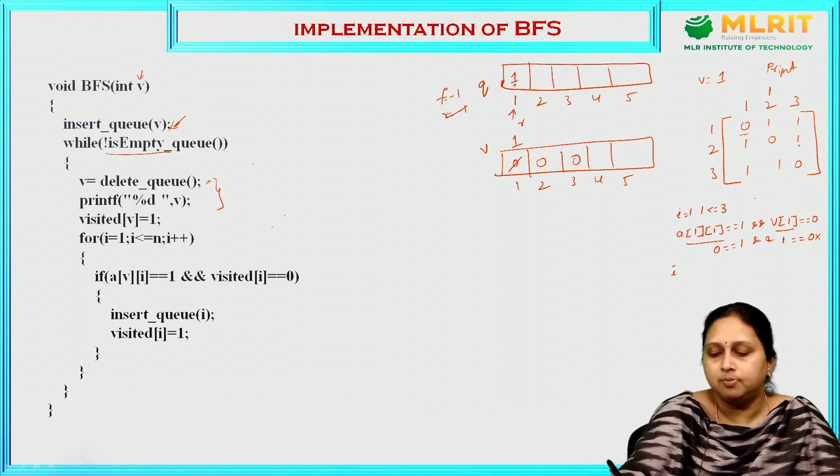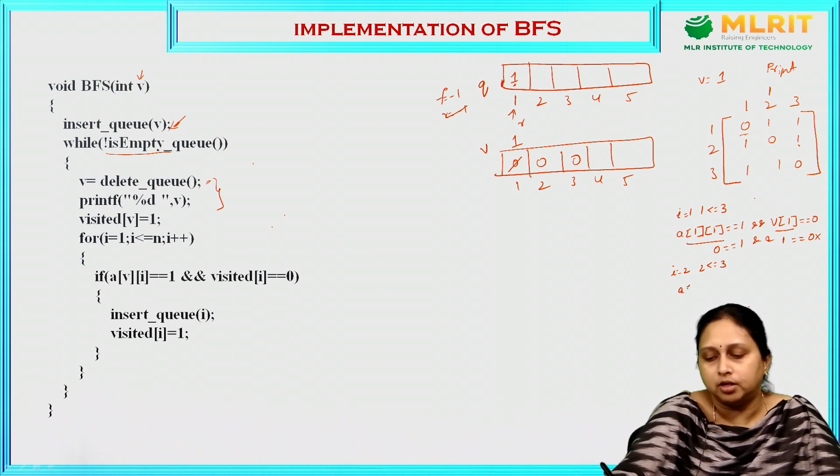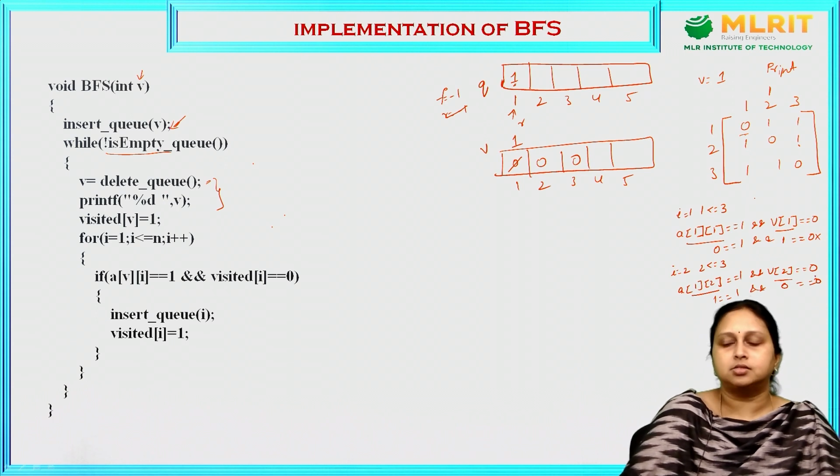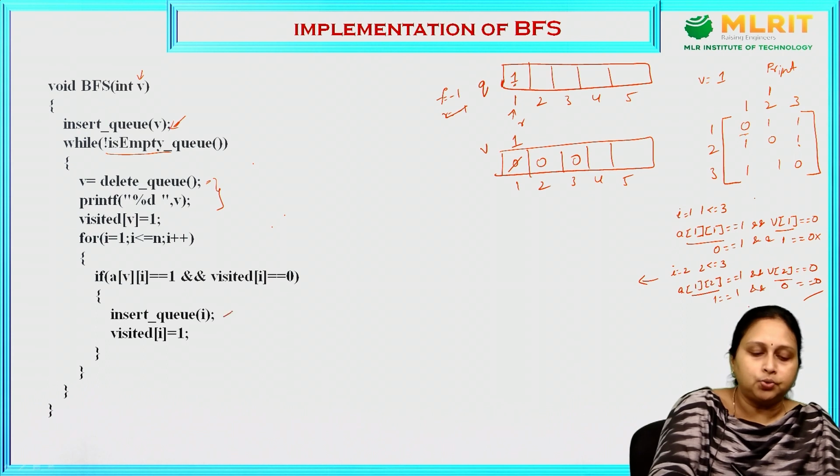Now I becomes 2, less than or equal to 3. Again the condition is true. Now what is going to be changed here? V is 1 itself, A of 1 2 equal to 1, and visited of I, that is visited of 2, equal to 0. Yes, A of 1 2 value is 1, and visited of 2 value is 0. Here this condition is true, so it will enter into the insert Q of